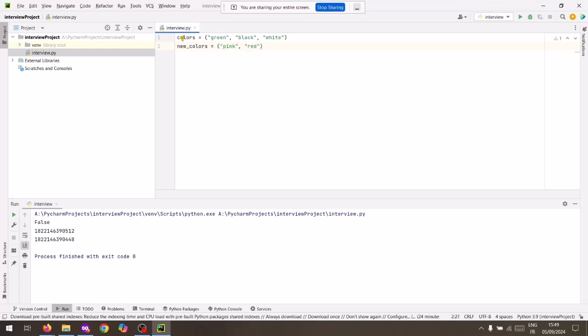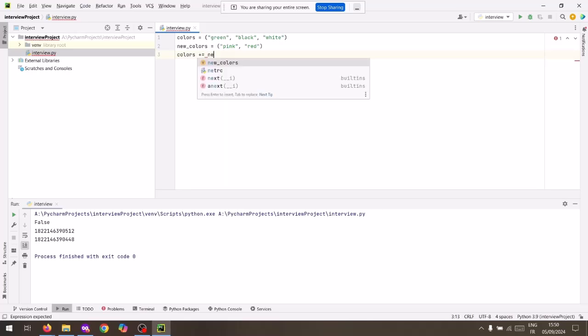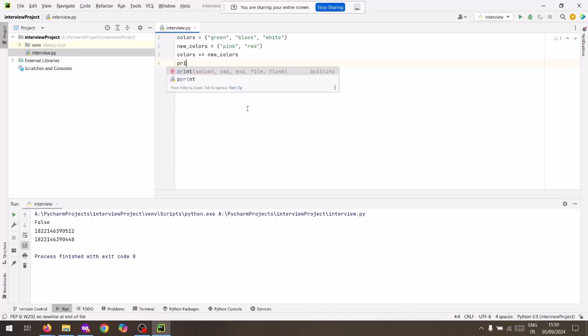Now, write colors on a new line. Colors plus equals colors on a new line. The plus and the equals have to be together. That's an operator, an in-place operation. Then new colors. So now the moment you print colors, you would get the updated